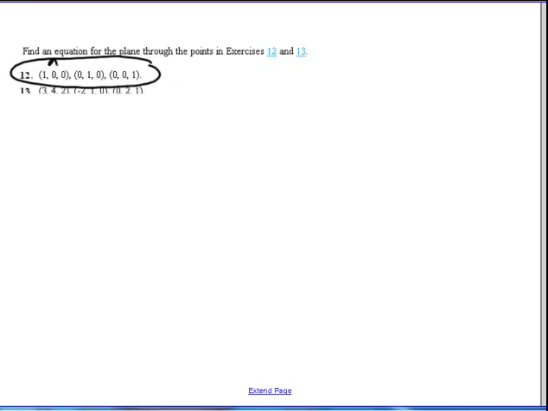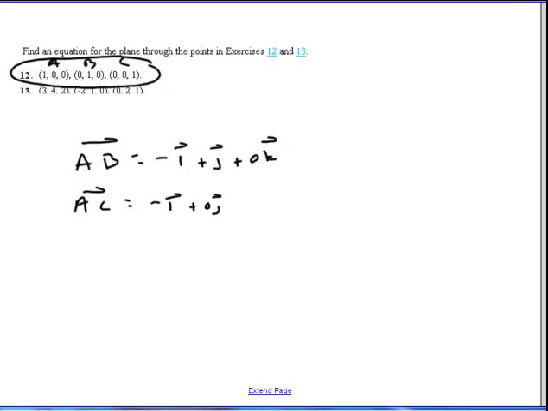We'll call these A, B, C. So vector AB is negative I plus J plus 0K, and AC equals negative I plus 0J plus K. So we need to find a vector that's normal to the plane, so that's normal to both of these vectors. So we're going to do AB cross AC, and that equals